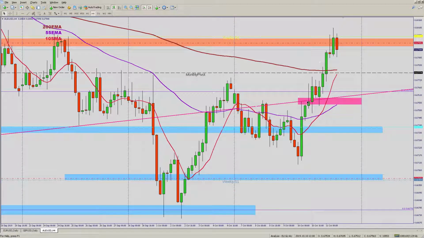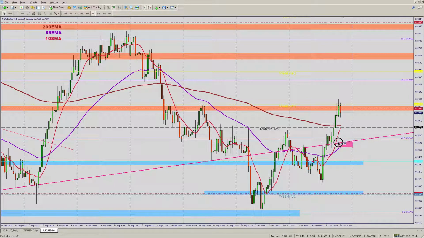And let's take a look at the 4-hour time frame, and this area is now going to be an intermediate support area where it broke out from, and right at the fib area. So we'll see whether there will be a retracement back down to the 200 period EMA and the monthly pivot, and whether it can fall further to retest this intraday support area.